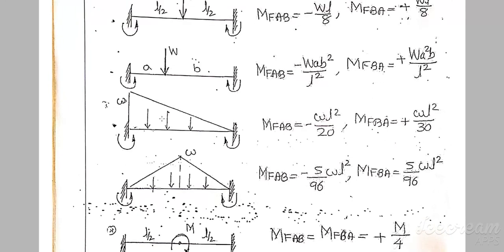Next, for this condition, triangle load or UVL load, uniformly varying load, in this condition we are using minus WL square by 20